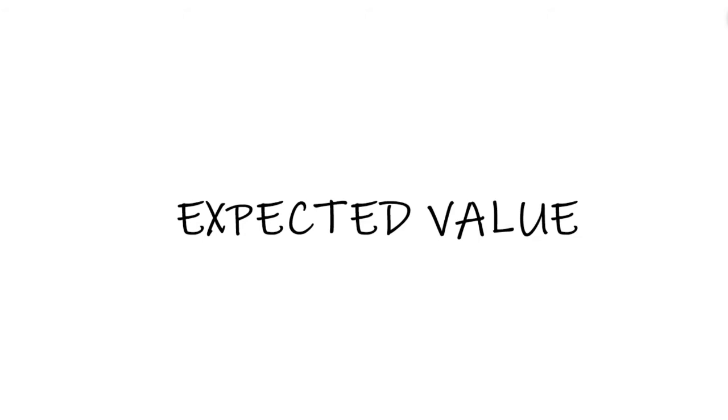We know how to calculate the normal mean. We just take the sum of all our numbers divided by the amount of numbers. But expected value we can calculate in other ways because most times we don't have a fixed number of trials or numbers. We just know what the probabilities are for each number. So let's look at the different ways to calculate the expected value.